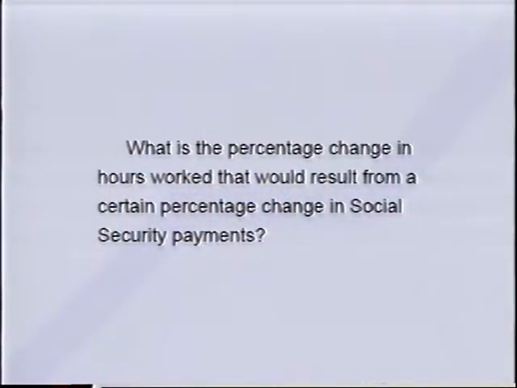So for example, imagine you're interested in the question of, if we trim back on Social Security payments, will that encourage some elderly people to work rather than retire? So in terms of elasticity, the question is, what is the percentage change in hours worked that would result from a certain percentage change in Social Security payments? It's a question about elasticities. And elasticities for a specific age group, and it might be for specific levels of worker skill and so on. An awful lot of the Social Security reform debate is really an argument about elasticities, to which there isn't a real clear answer. Sometimes laws are proposed to increase the quantity of saving by